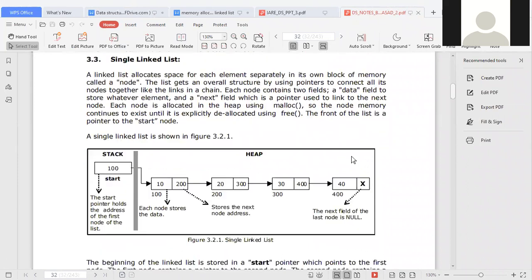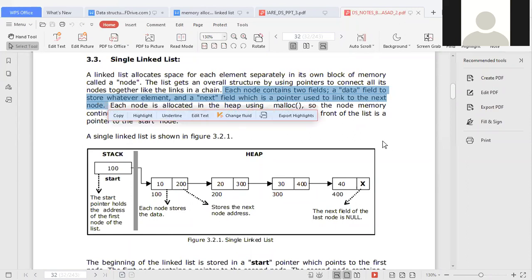Sandeep. Now once again, I am explaining to you. In each and every linked list, there are nodes. The elements of a linked list are called nodes. Each node contains 2 fields. Here I am highlighting, each node contains 2 fields.